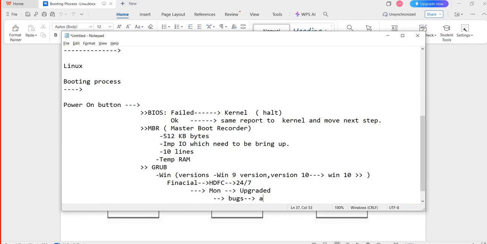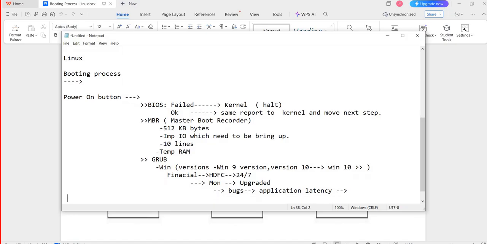That means application latency. We are receiving this often in the production environment, so the terminology is very important: application latency. Immediately the banking person said to the server team,